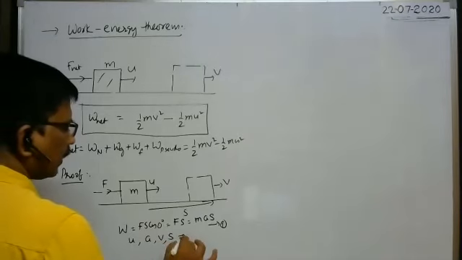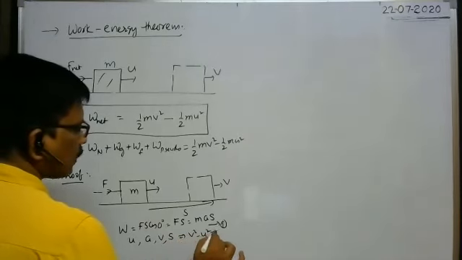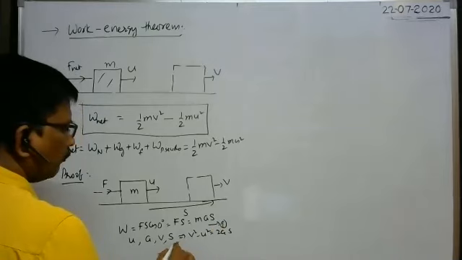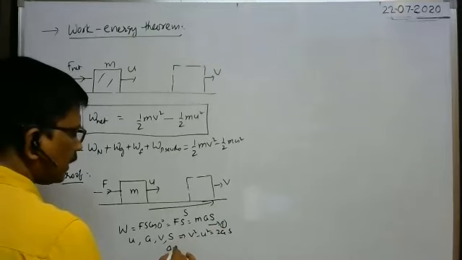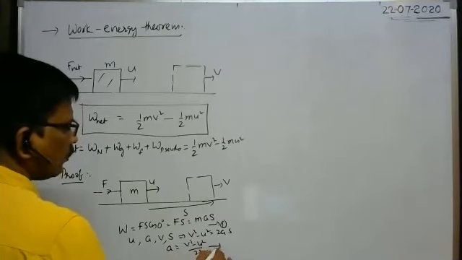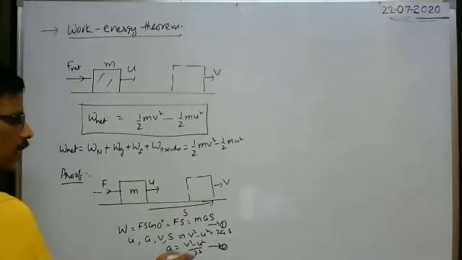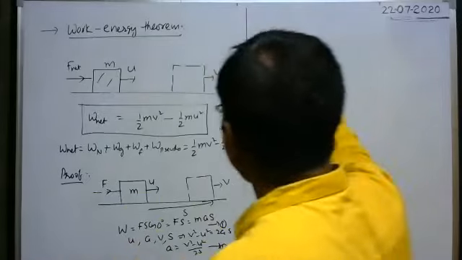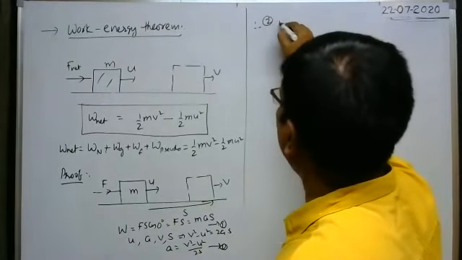Then what is the relation among them? v square minus u square is equal to 2as. From this, a is equal to v square minus u square by 2 into s. You substitute this acceleration formula in equation 1. Therefore, 2 in 1 gives